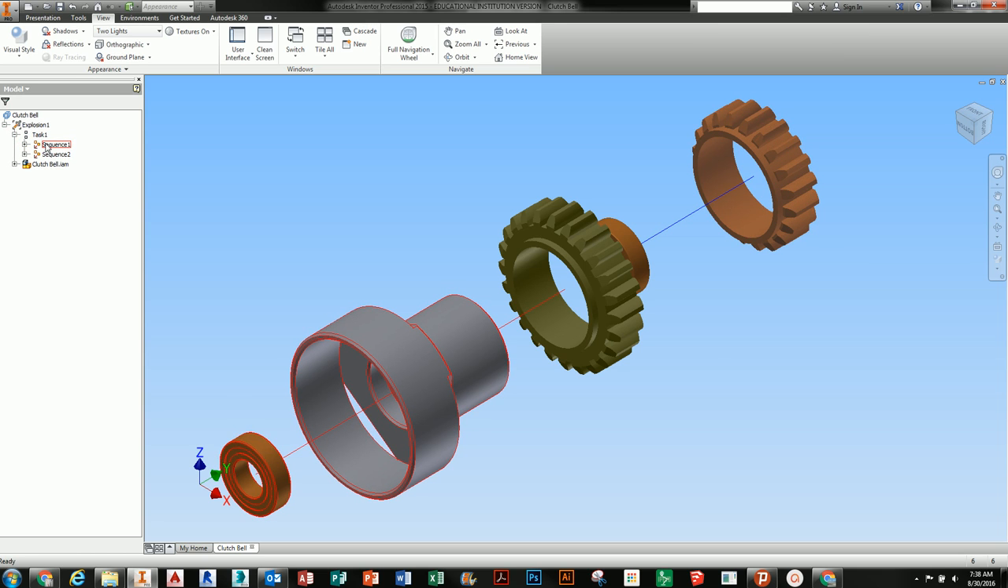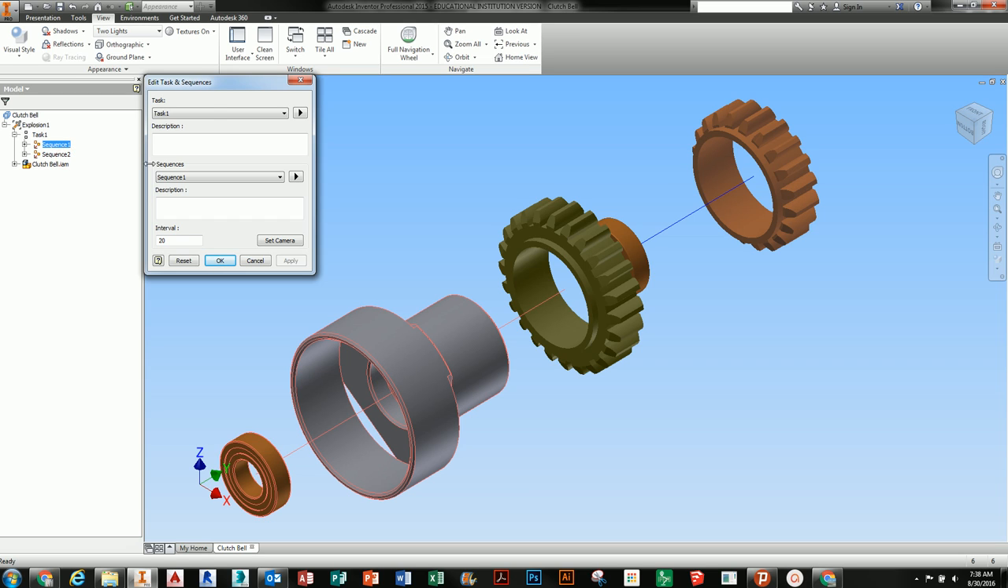So notice when I hover over these, they're still grouped, the bearing and the clutch bell, and then the gear is by itself, and then of course we still have our parts. So now our model browser has become partially an animation editor. So we're going to expand the task folder, we're going to right click on sequence 1, and we're going to select edit. And what we're going to do to task 1